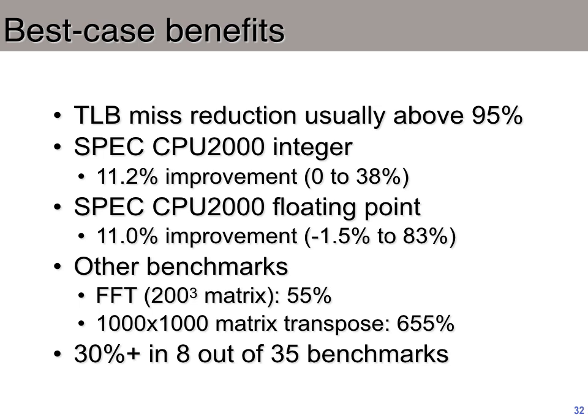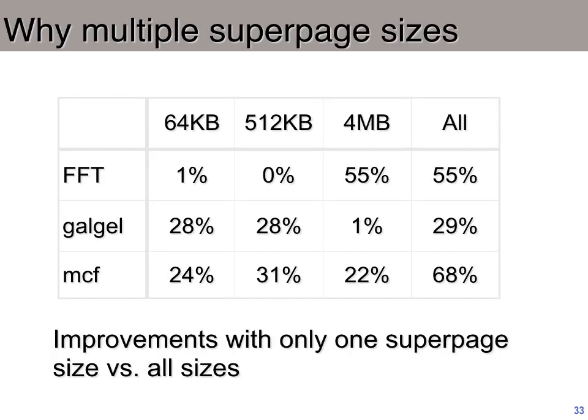But then the question is, could we get the same performance improvement if we didn't use a mix of superpage sizes? What if we just use a single page size for all superpages? So they did a performance comparison for that scenario as well. They took various superpage sizes here, 64, 512, and 4 megabytes. And they asked, what if all the superpages were of a particular size, and how much would their performance improve? So as you can see from this figure